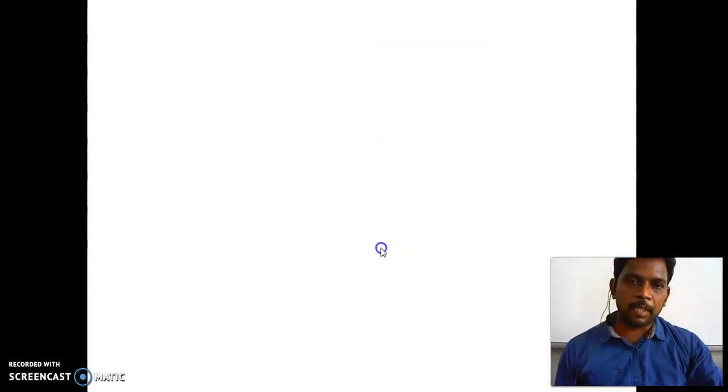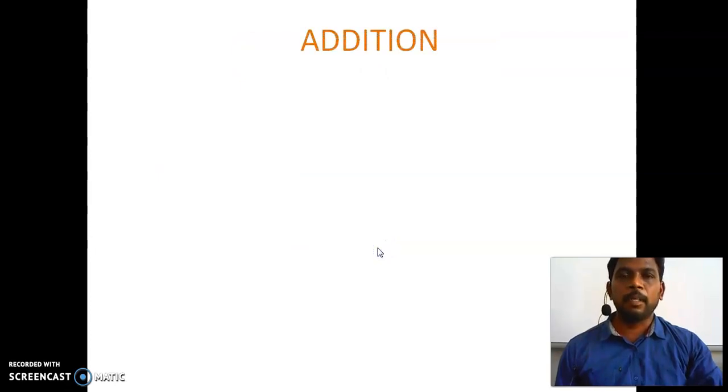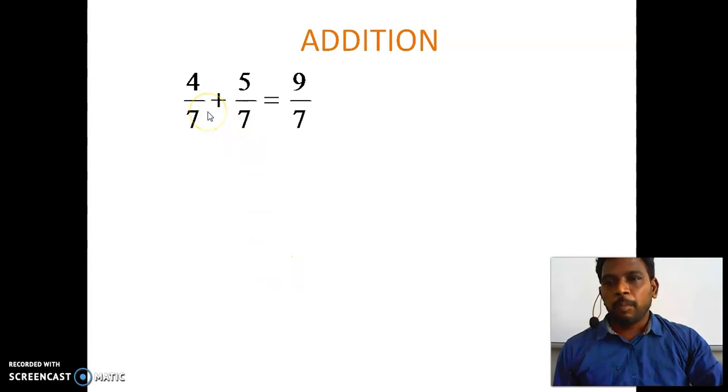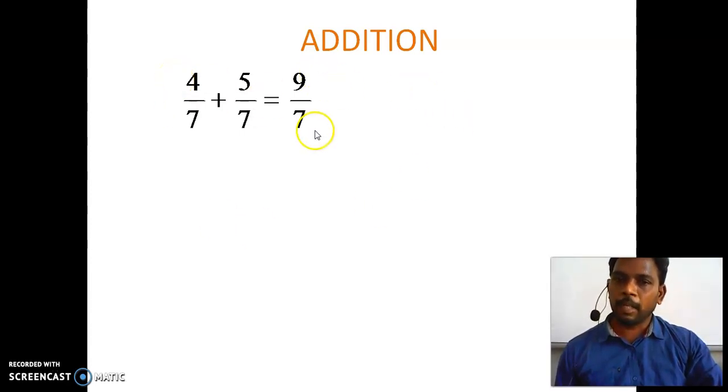Now we can see some examples. Now we are going to check under addition, right? What is 4 by 7? A rational number. What is 5 by 7? Another rational number. If we add these two rational numbers, what about the result? 9 by 7. So now we are going to check in another way, that is